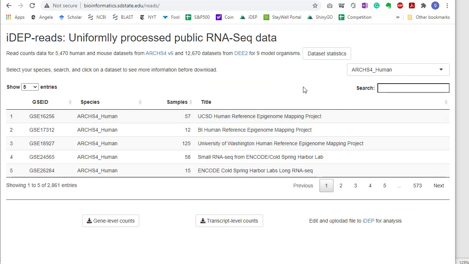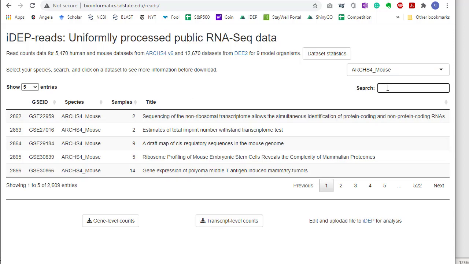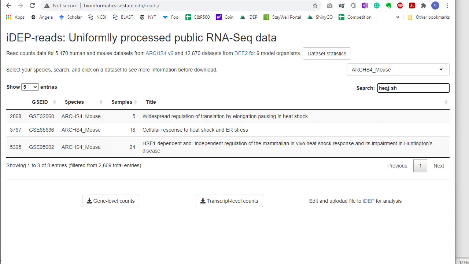This is a small app that enables users to download uniformly processed RNA sequence data for two projects, DEE2 and ARCHS4. These are efforts to massively reanalyze public RNA sequence data with the same reference genome and protocol. Here for this example we choose the mouse data, and we use heat shock as our keyword,